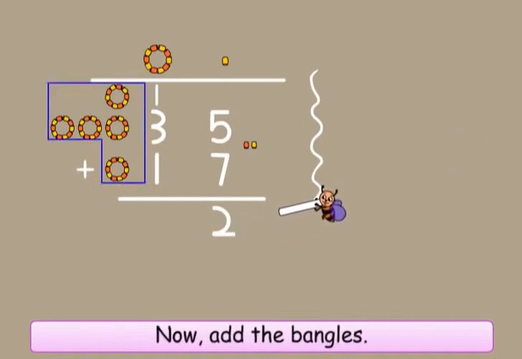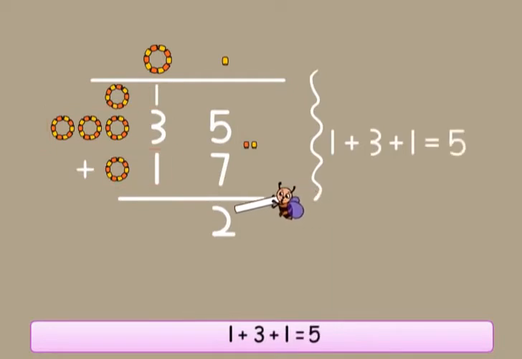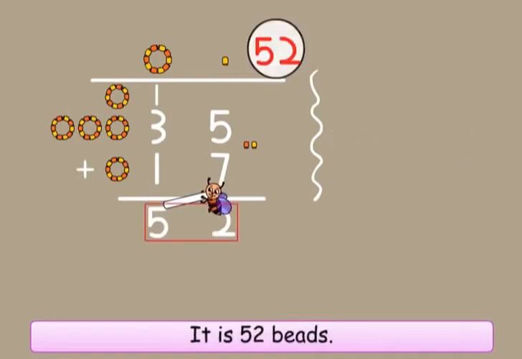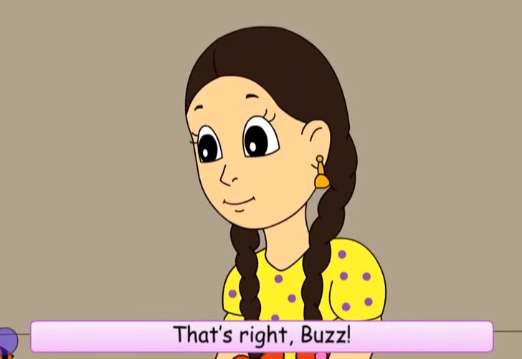Now add the bangles. Okay. 1 plus 3 plus 1 equals to 5. So, I will write 5 here. It is 52 beads. That's right, Buzz.